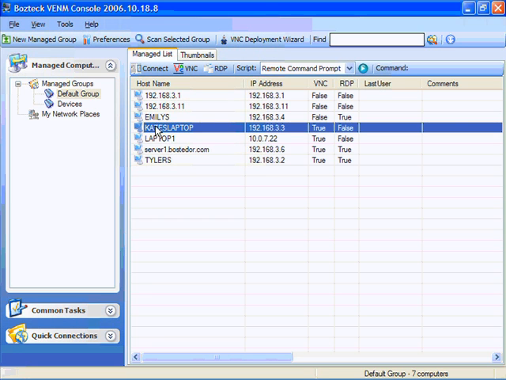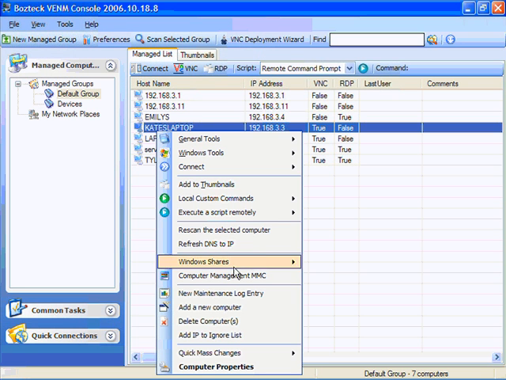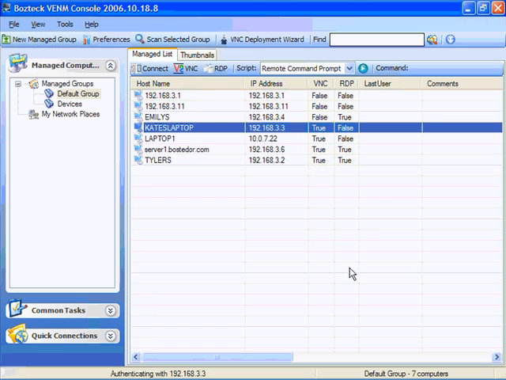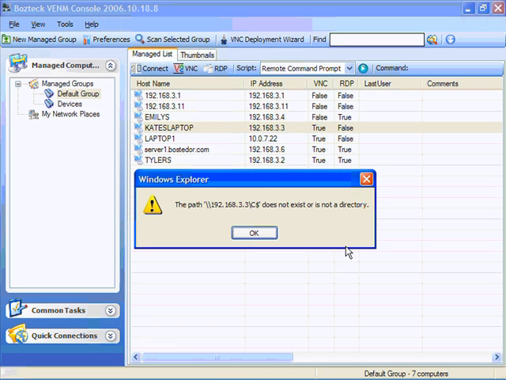And we're going to take Kate's laptop here, and the reason I'm choosing this one is because it's a Windows XP Home Edition laptop. Actually, it's a media center, and it's not joined to any domain, and it's a standalone, so it's a prime candidate for permission issues on the network. An example of something that I can't do on it out of the box is if I hit Windows shares and $, I can't connect to the $ share because her computer doesn't know who I am, so it's going